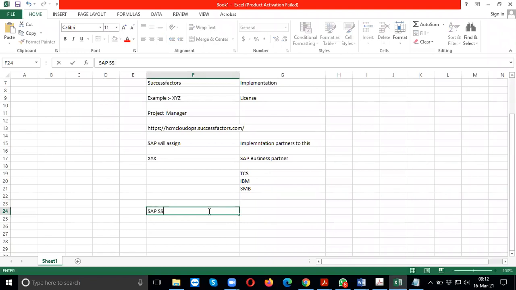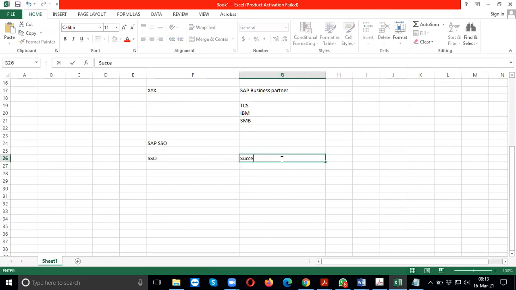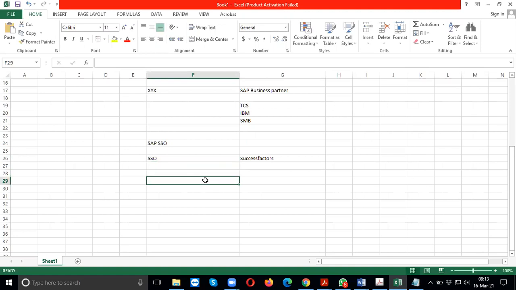But if the company is already using an SSO, then they can integrate that SSO with SuccessFactors. So either way it will work. This solution is completely independent. Even if a company doesn't have anything in place for SSO, SAP has its own solution to do that. Yes, yes. Okay.